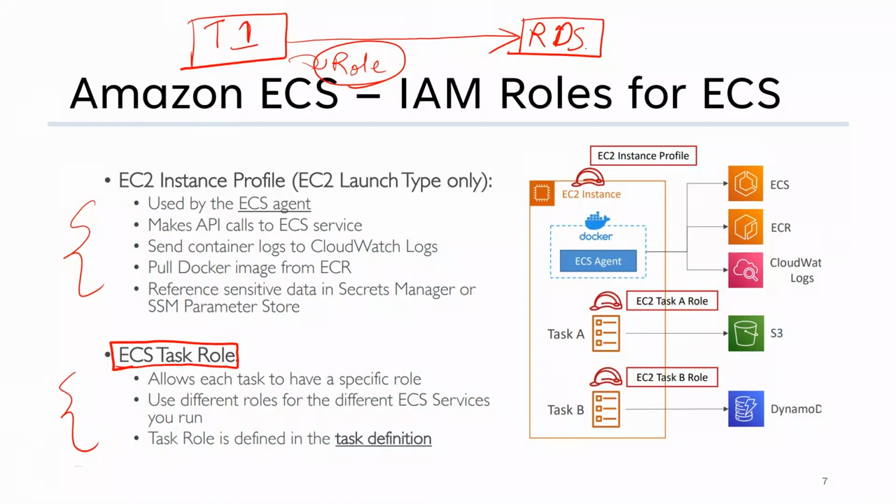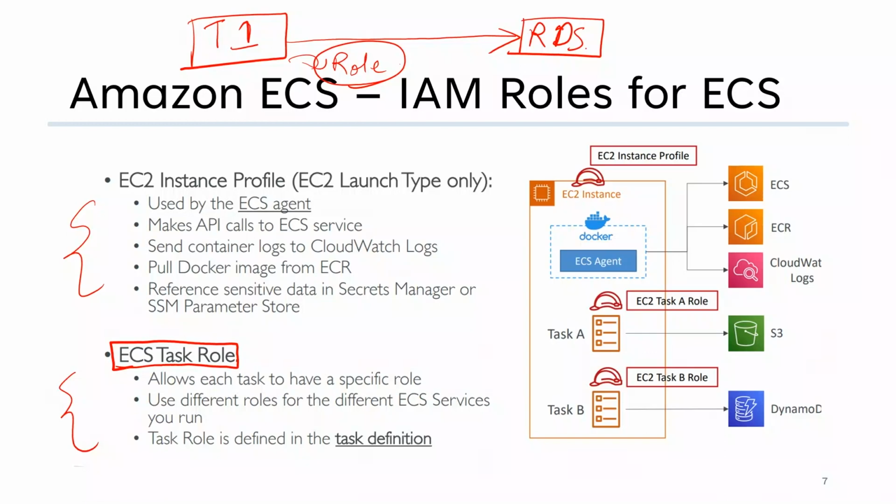Don't say things like, your ECS task is pulling the image, so we need to associate that ECR role into our ECS task. No, not like that, because your ECS tasks are independent containers running your Docker images. So they just need the roles to access certain services like RDS or S3 or something like that. But the actual